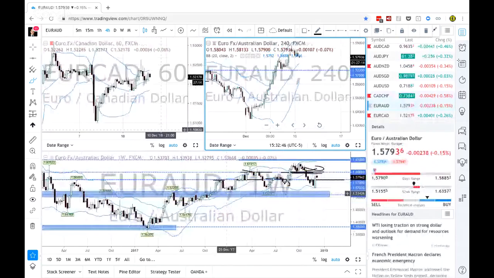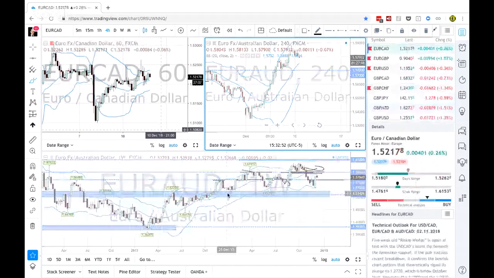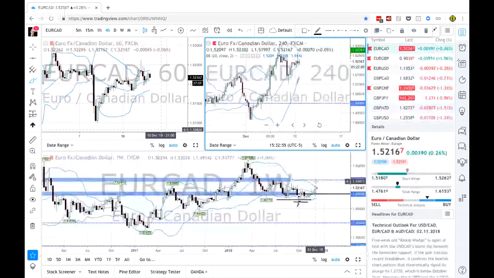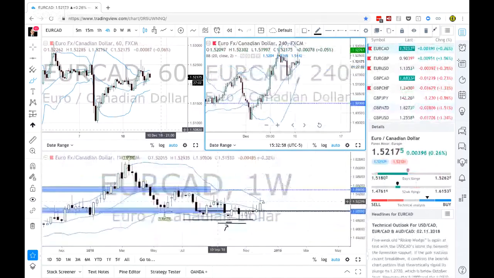Let's take a look at EuroCAD for now. EuroCAD is at a support area, but look how tight and messy this is. At a support area at 1.50, in round number,